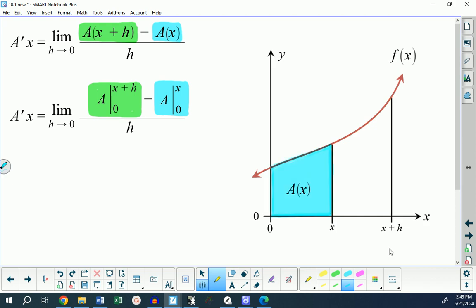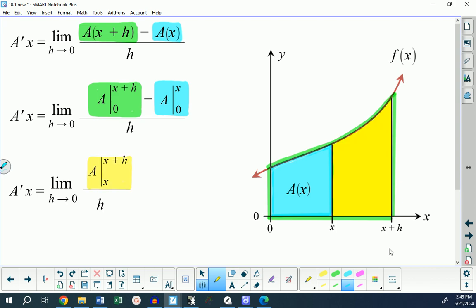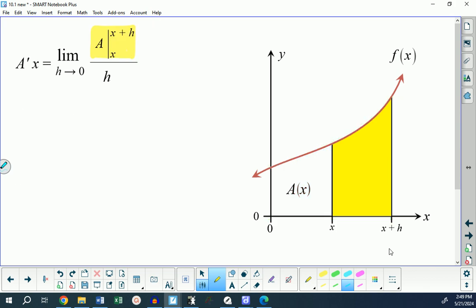The blue area is that. The green area is represented by that, which means that the top of that is the area between x and x plus h, which is the yellow portion. That's where we left off. Still with me? Okay, so now pencil to paper again. How is it we determine what that is? Well, you'll want to maybe just wait and see what I draw first